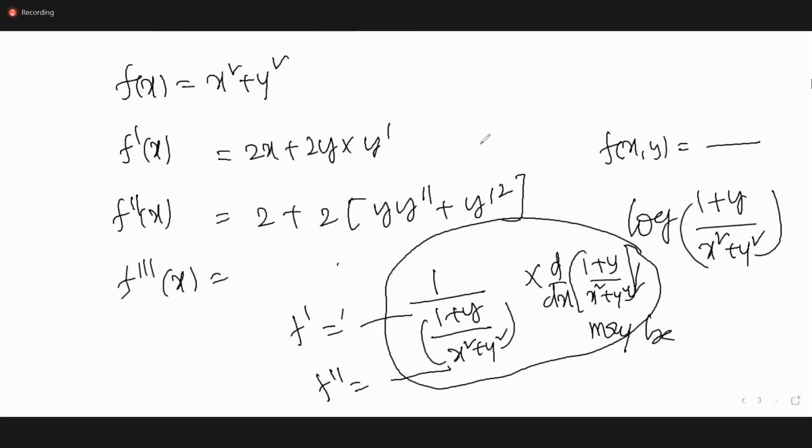So what is the merit? We can find the numerical solutions of the given initial value problem where the function f of x comma y is a simple function, and we will get the value in a single step method, single step only. And what is the demerit? In the given initial value problem, if the function f of x y is a complicated function, then the evaluation of higher order derivatives may become difficult.